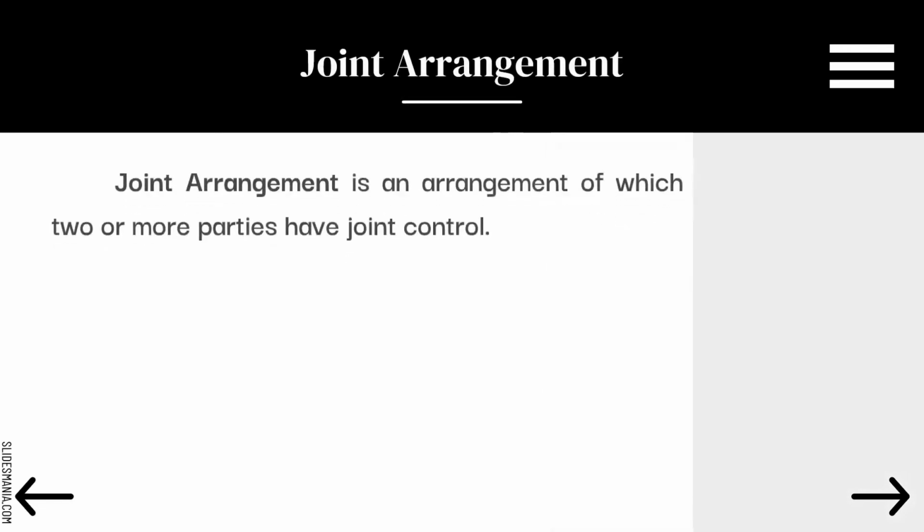So joint arrangement is an arrangement of which two or more parties have joint control. So arrangement ng two or more parties na may joint control. So two or more, hindi siya pwedeng mag-isa lang. Kasi nga, joint. So ngayon, saan natin makikita yung joint control na yan? So, by definition, joint control